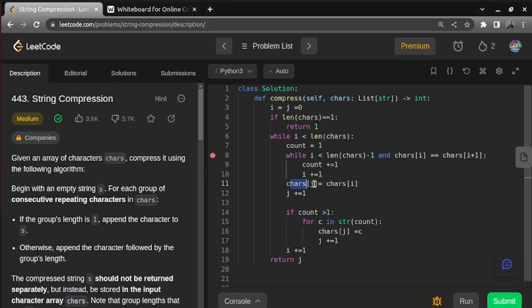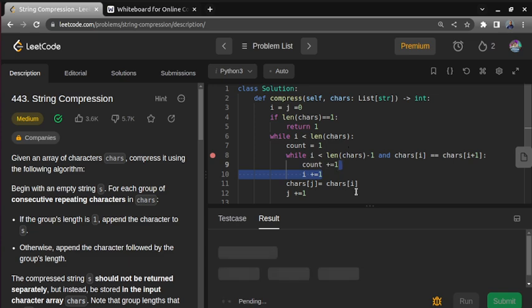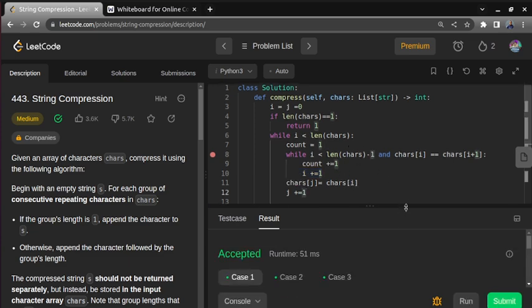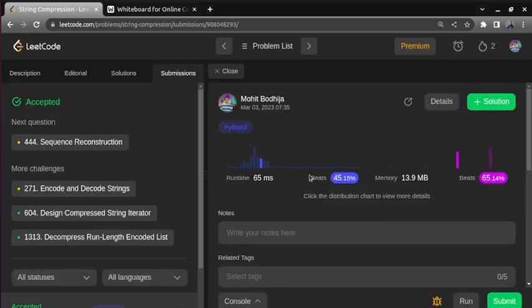Once that is done, first of all we are going to copy the character, then we copy that number. Once that is done, we are going to increase I by 1, and at the end we are going to return the length, that is j. Like this we are going to solve this problem and all the test cases are going to be passed.